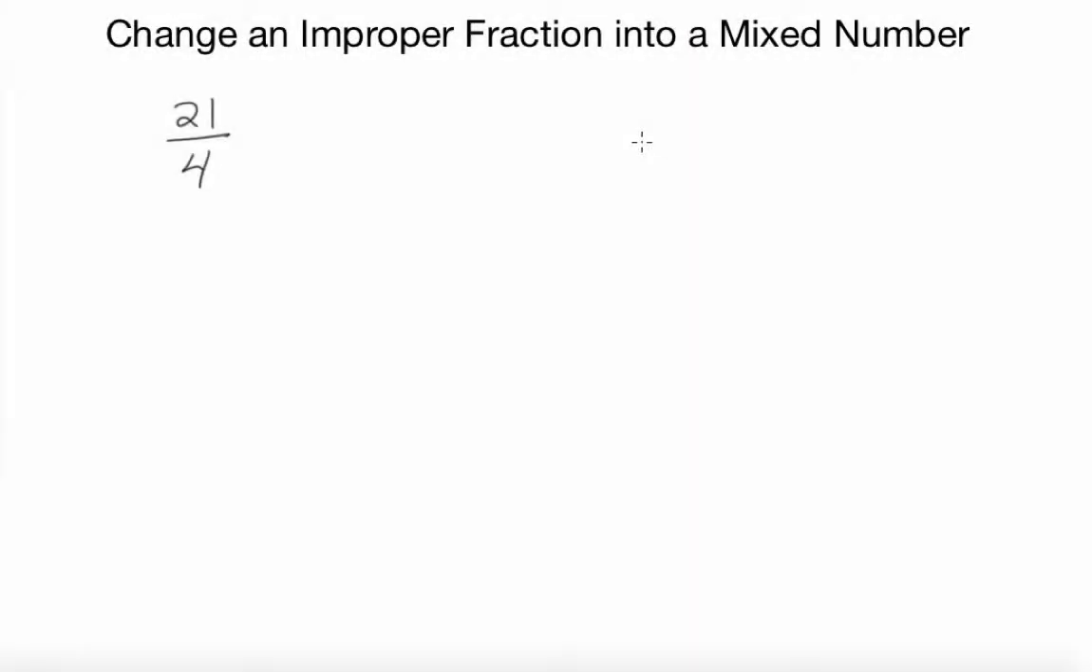to a video about changing an improper fraction into a mixed number. So we've got the number 21/4 going on here. And again, you can see the numerator is 21. That's the top part of the fraction. And the denominator is 4. And anytime we have a fraction where the numerator is larger than the denominator, we call that an